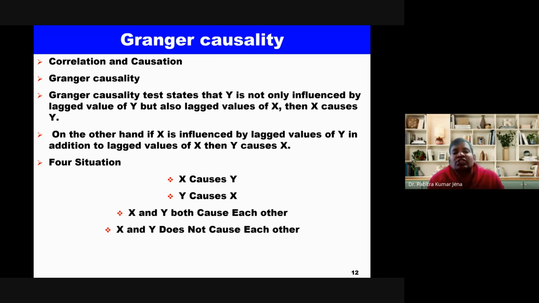So what Granger tests is that if you say that x is causing y, y is actually influenced by its own lag as well as the lag of the independent variables. For example, if investment is causing growth, then growth is caused by investment, lag of investment, as well as lag of growth. Because if we talk about a major project, whatever provision is given in the budget, some investment is done this year, then it goes to next year, then to the next 2 years. Like, if I give a simple example, in Jammu and Kashmir,